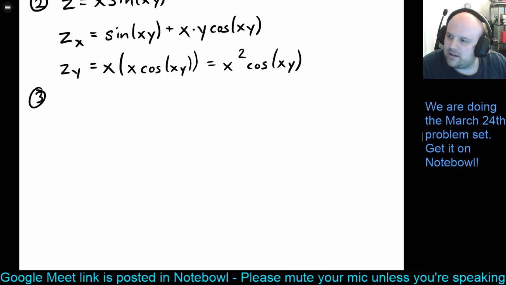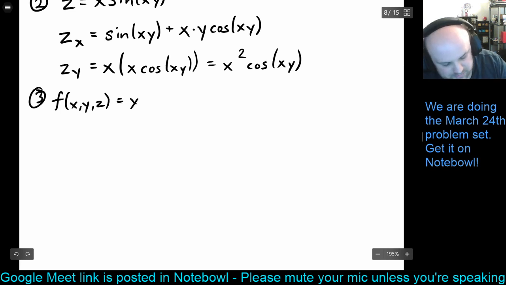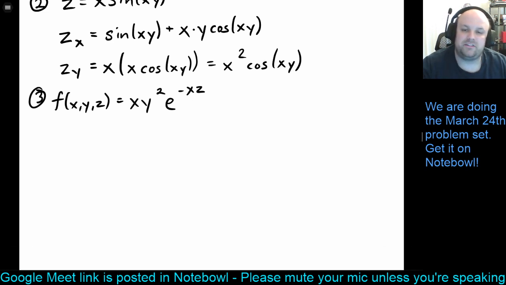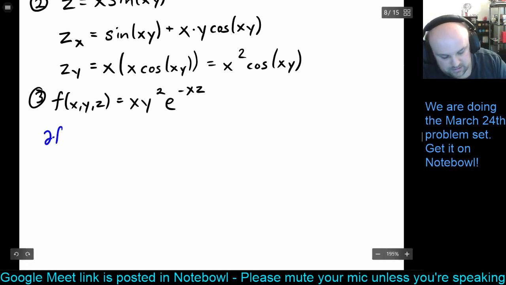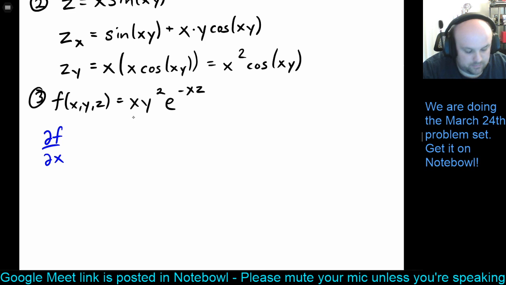All right. Let's see. Problem 3 here. Here we have a function of 3 variables, but not much changes. Right? So here, when we do df dx, I didn't mean to write that in blue, but it's happened now, when we do df dx,